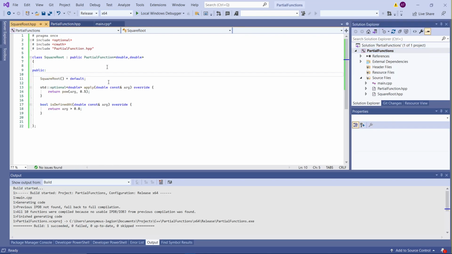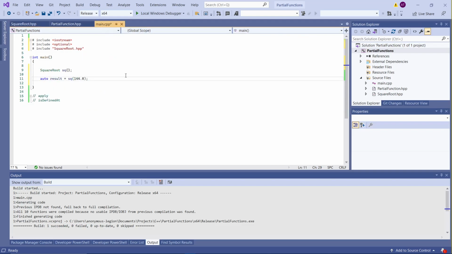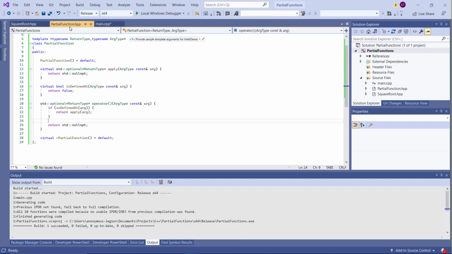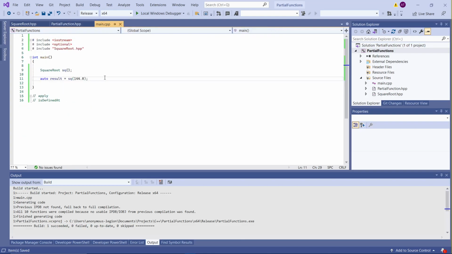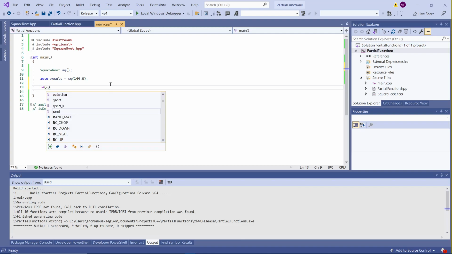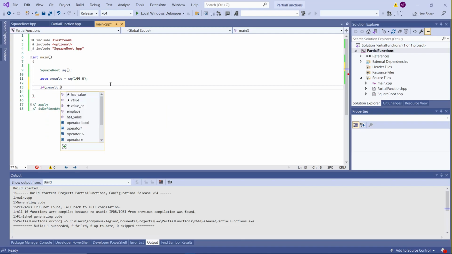Stop disturbing us. Good. So apparently the default language version was C++14, and C++14 doesn't have the implementation for std::optional. std::optional was implemented in C++17 for the first time. So I had to correct that. That's why we were seeing the red squiggly lines all over the place. So if you highlight it, you see that it's an std::optional, right? So we'll check if result has value,